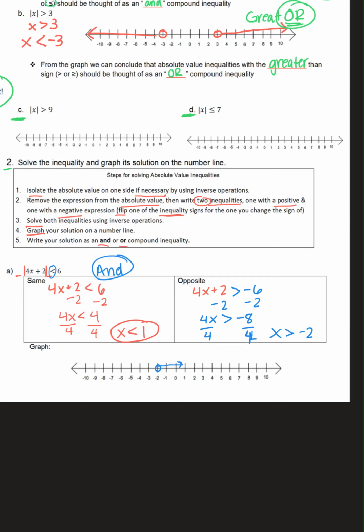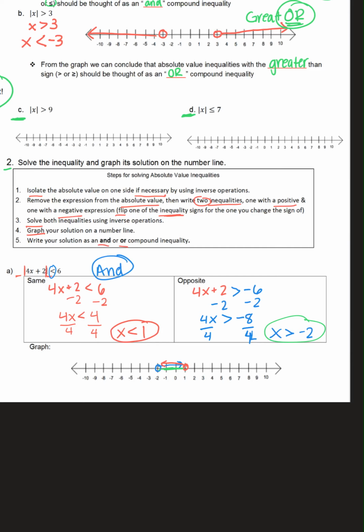And then in the red, I see an open circle at 1. And that x is all the stuff smaller than 1. And I see my graph made an and statement. So we're good. Now I just need to write my solution as an and or compounding inequality, and I know